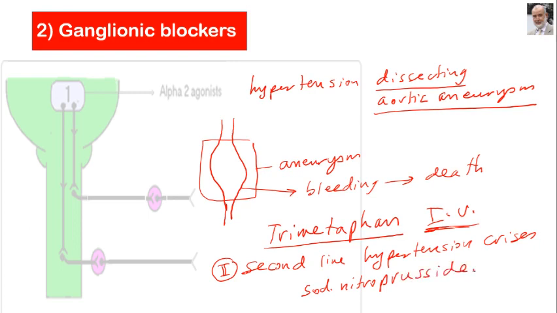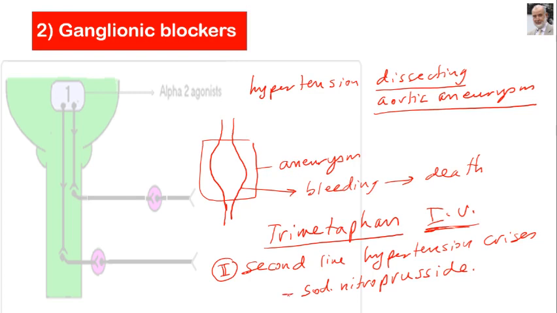If sodium nitroprusside is not available or because of its toxicity after its long use, as we will discuss later, in this case, trimethaphan is used to lower blood pressure in hypertensive crisis. Okay. Also, sometimes it is used during the operation to lower blood pressure